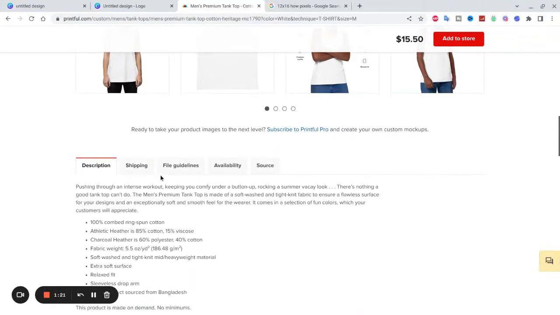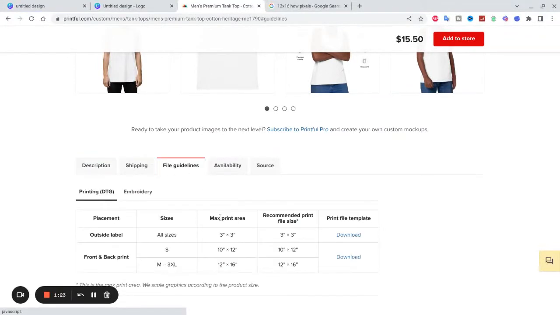Right here, you see down at the bottom, file guidelines. So you see the outside label and the front and back print. We're gonna do the front. You can do front and back, or front or back. Most of our designs are just gonna be in the front. To get that, you go right here, and you can see the max print area, and you see 12